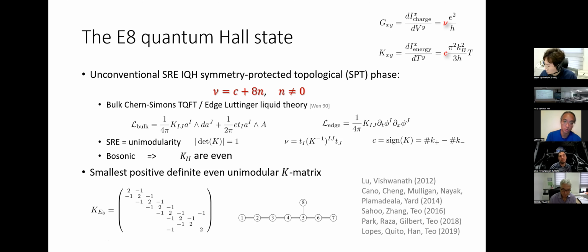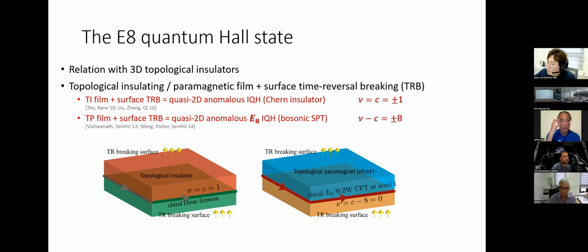So this type of construction was first proposed by Liu and Vishwanath, but it has been generalized to multiple contexts in topological phases in 2 and 3 dimensions. In particular, we can also make a relationship to 3-dimensional topological insulators. So pretty much like the previous case, for a topological insulator with a thin slab or thin film with time reversal breaking top and bottom surfaces, that corresponds to the Chern insulator on the left diagram.